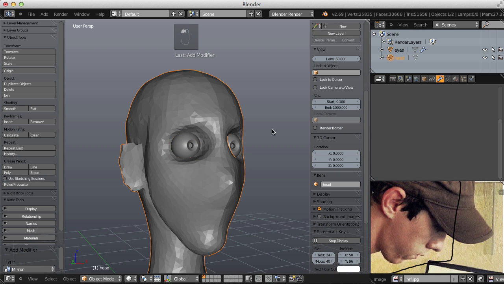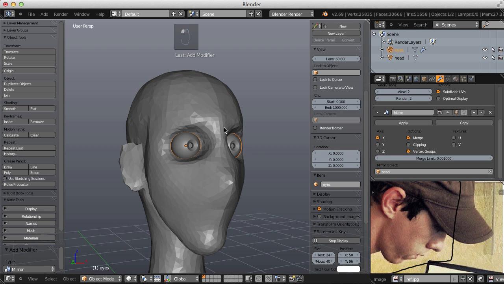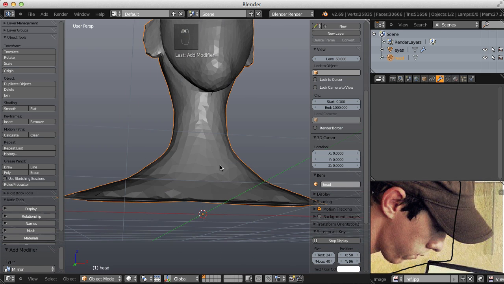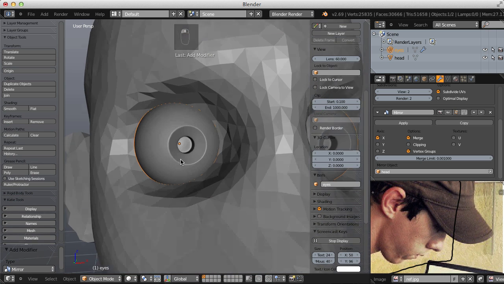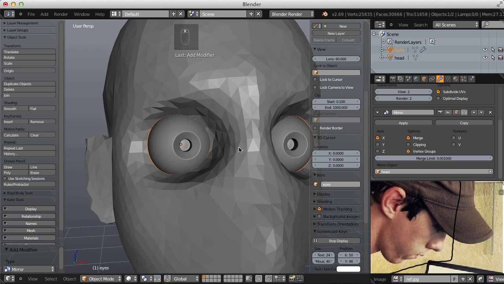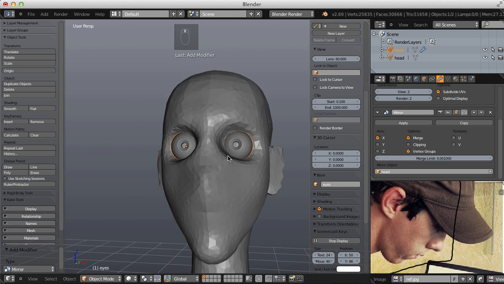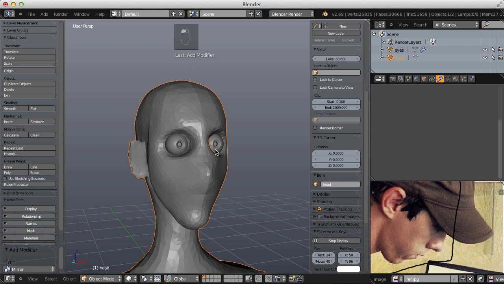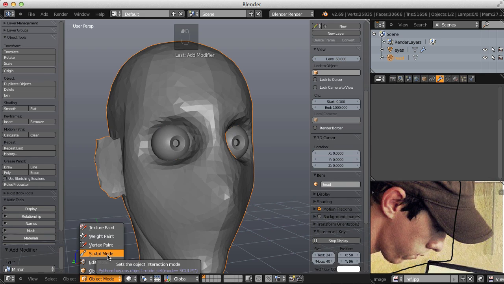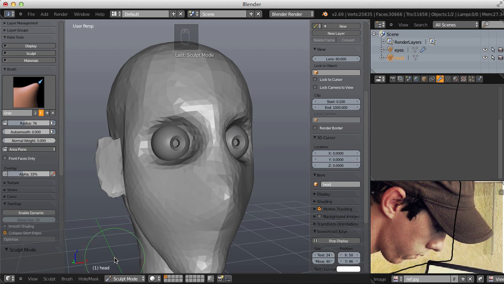There we go. For the eyes, I'm using the origin of this geometry, which is at the origin of the world. That way, our eyeball maintains its own origin, but when it's mirrored over to the other side thanks to the origin of this mesh. That's looking pretty good. Now we can jump back to our head geometry, back into sculpt mode, re-enable dynamic topology,